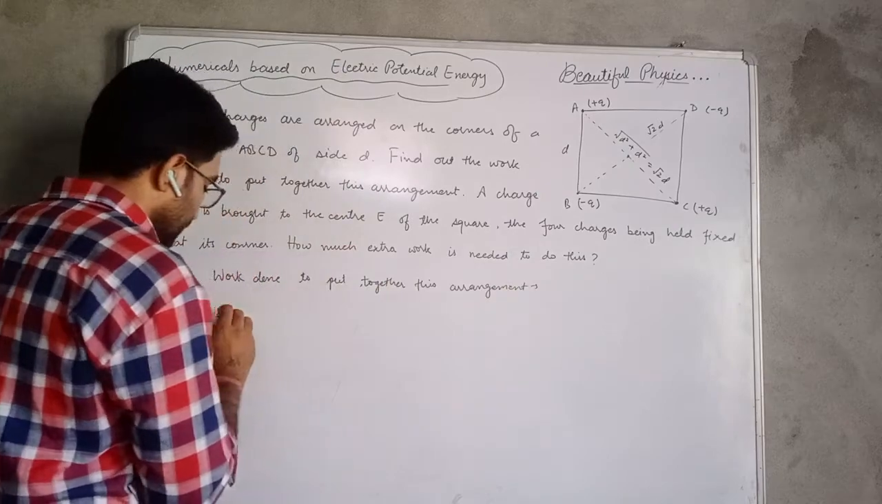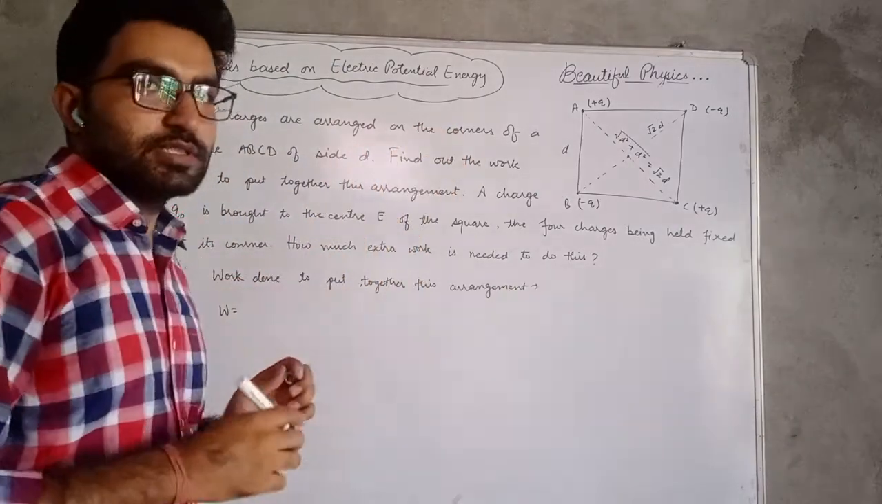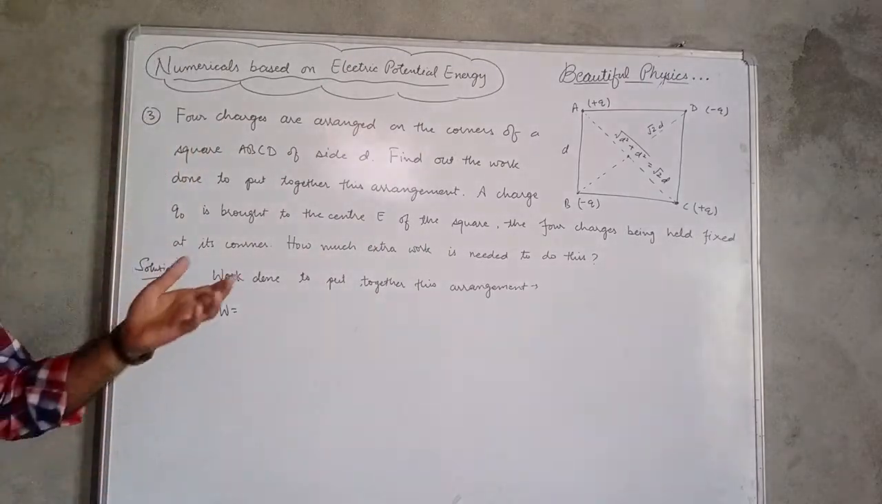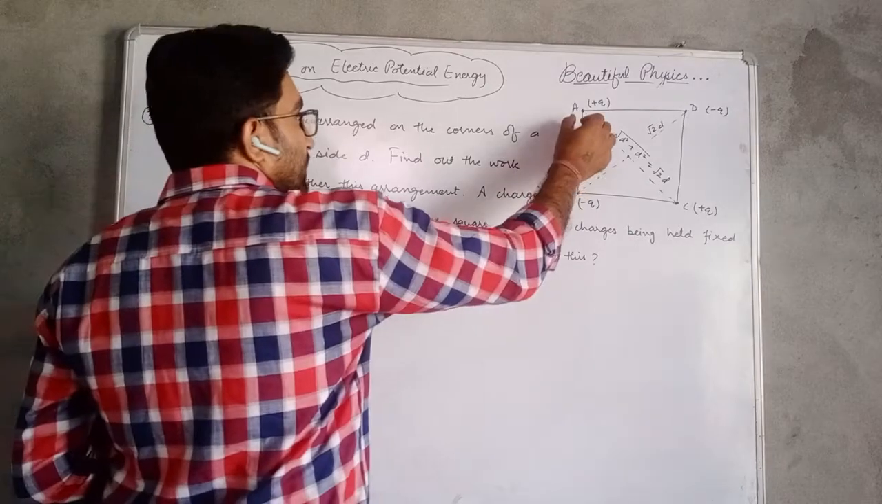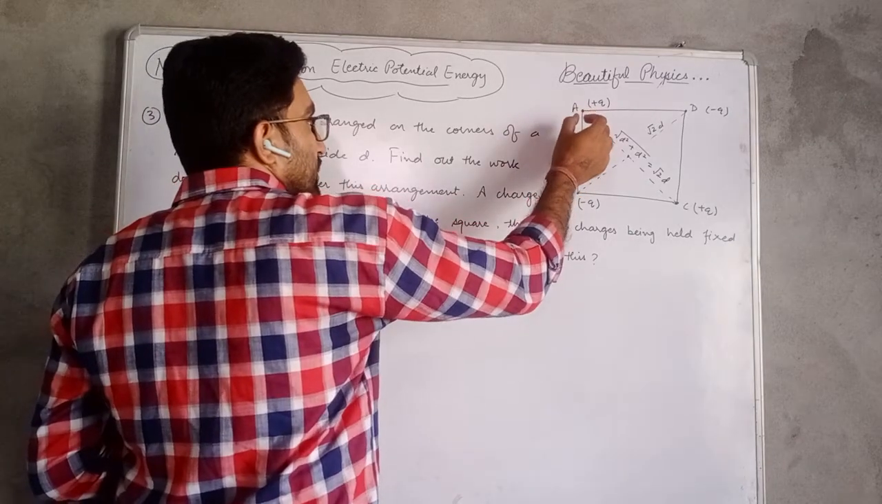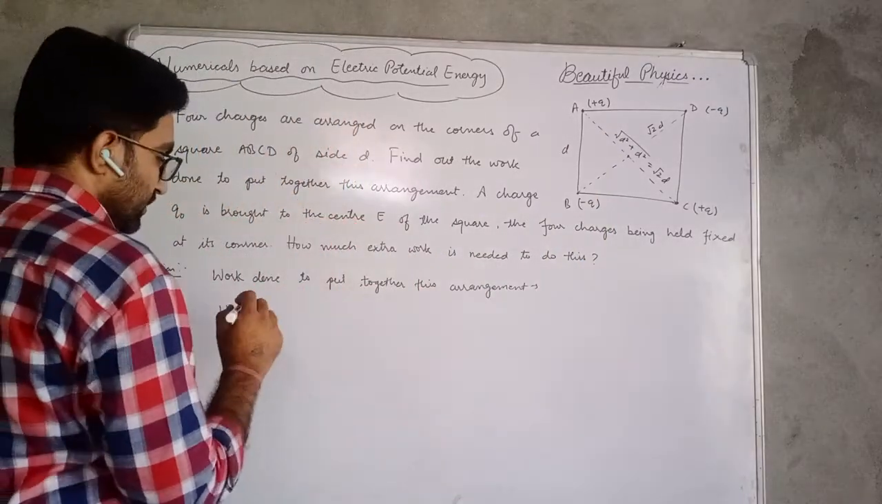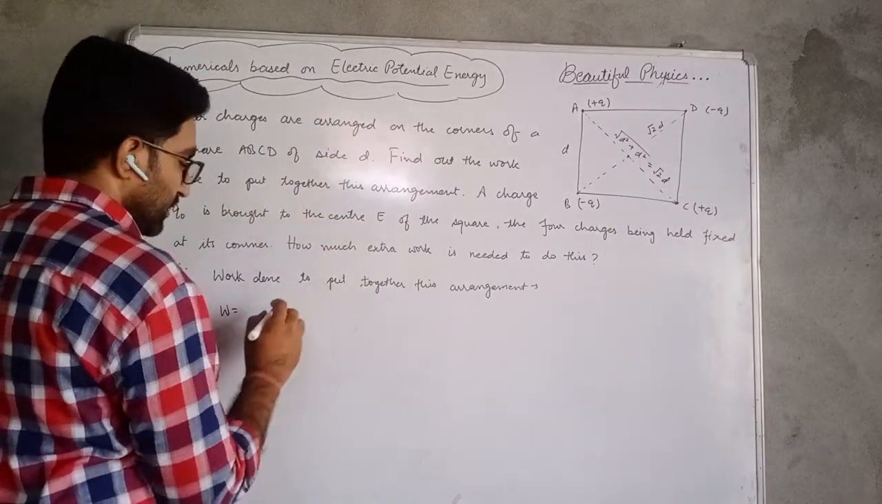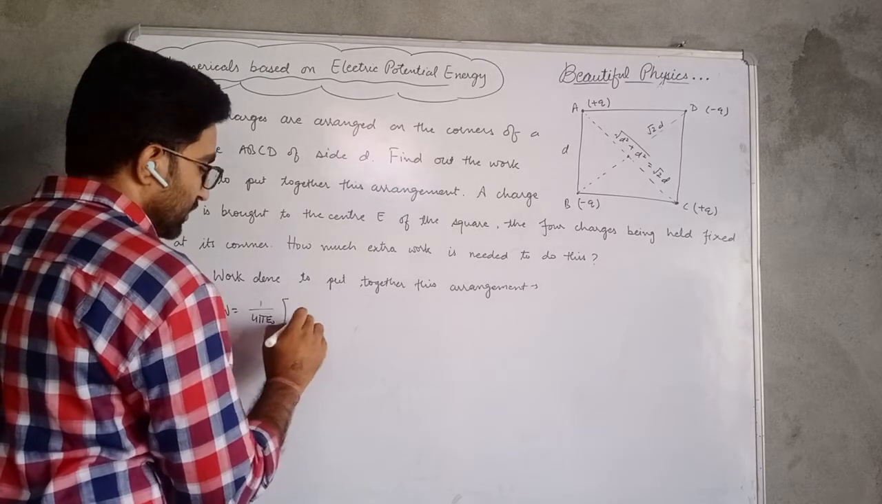will be equal to the potential energy of the total system. Okay, so we have to find the potential energy of the total system. Firstly, we will find the potential energy due to charge at A at the rest of the corners. It will be equal to 1 by 4 pi epsilon naught, which can be taken as common from each term, 1 by 4 pi epsilon naught. Inside we have